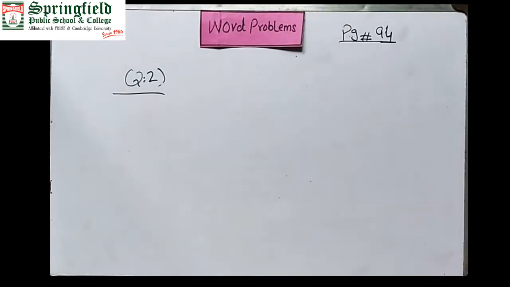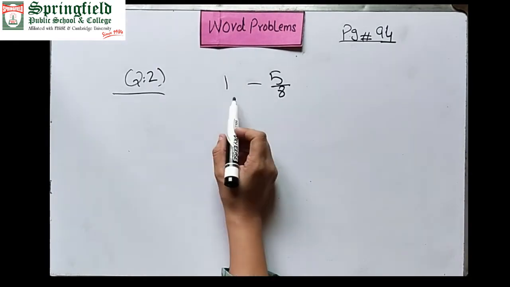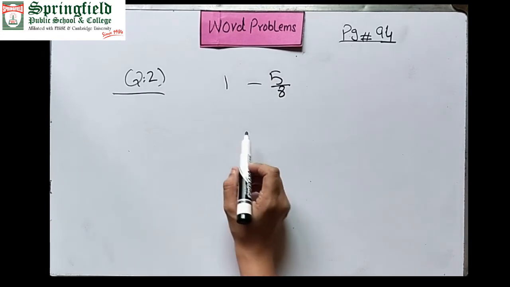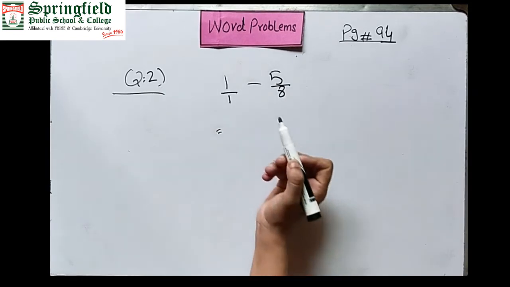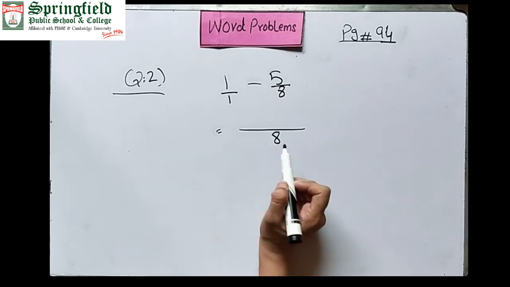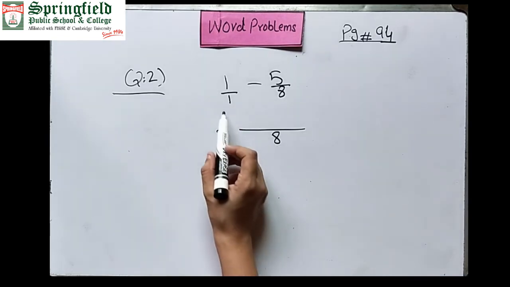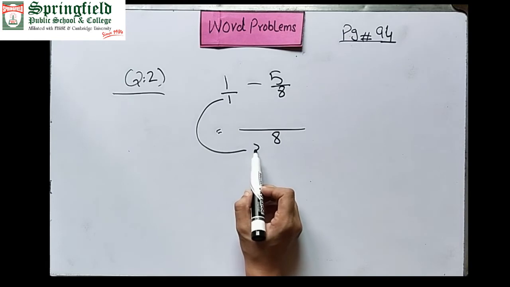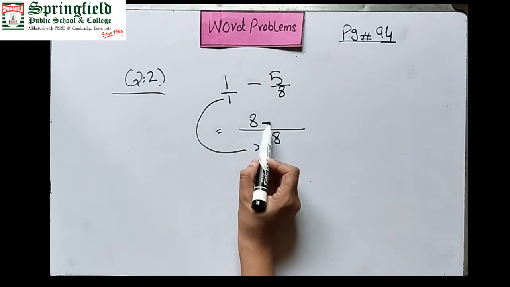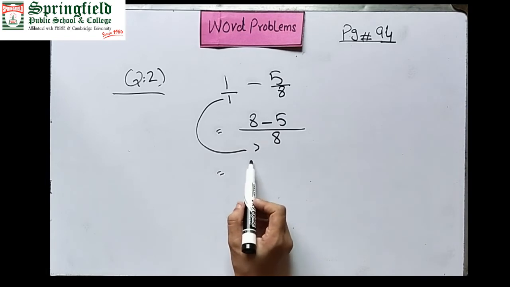So the remainder is 1 minus 5 by 8. Subtract 5 by 8 from 1. What will be the answer? We can write 1 as 1 by 1 in fraction form. So take the LCM of 8 and 1. The LCM will be 8. To convert a small fraction to a larger fraction, the denominator divides into the LCM and the answer multiplies with the numerator. 8 divided by 1 is 8, multiplied by 1, 8, minus 8 divided by 8, 1, multiplied by 5, 5. So 8 minus 5, 3 by 8.